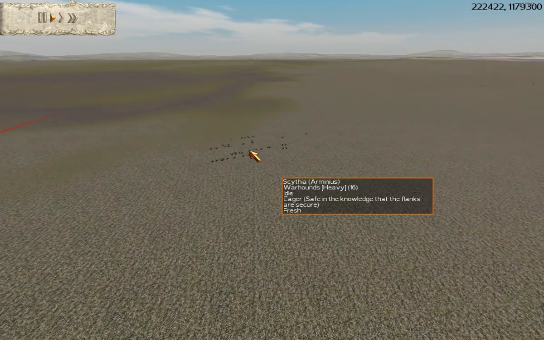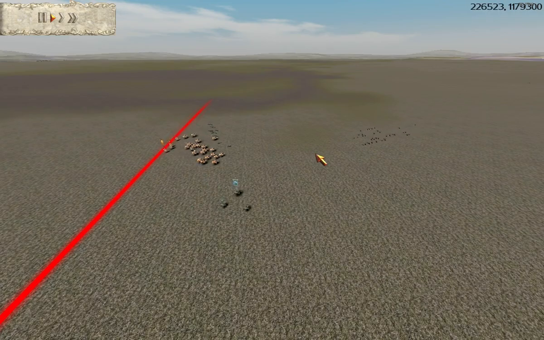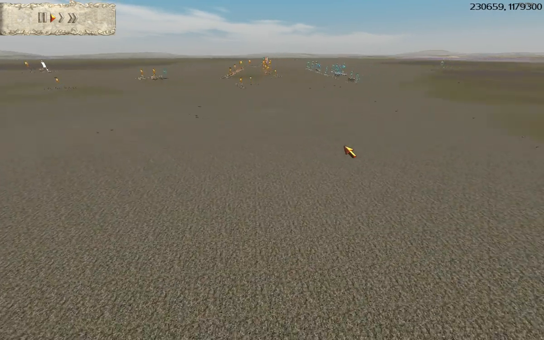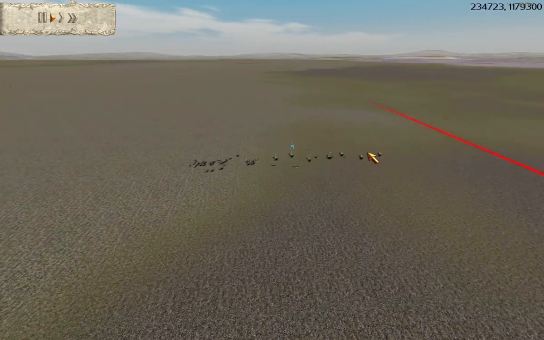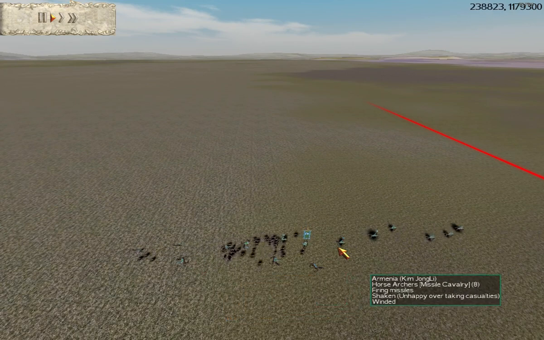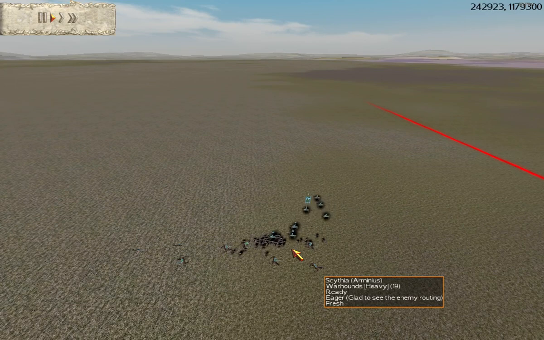horse archer here. These warhounds are also going to continue pursuing my routing units, so at least it keeps them occupied for a bit, but I'm not sure if it's too worth it to trade that Arab cav for just a horse archer. But I didn't micro this unit all that great, and now the warhounds have caught it, so they're going to drop fairly fast,